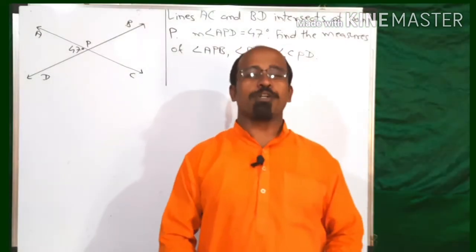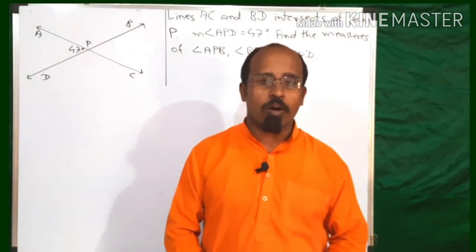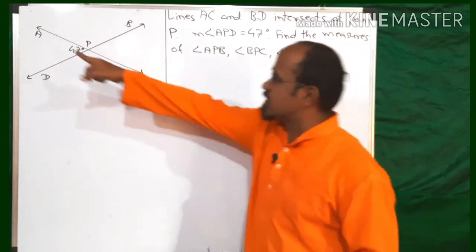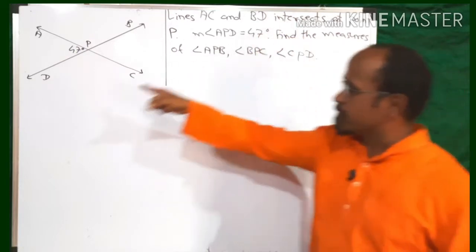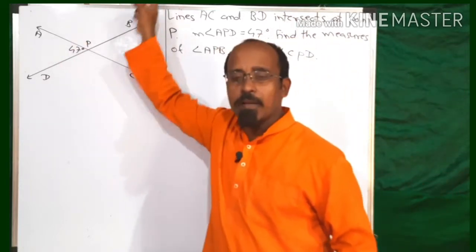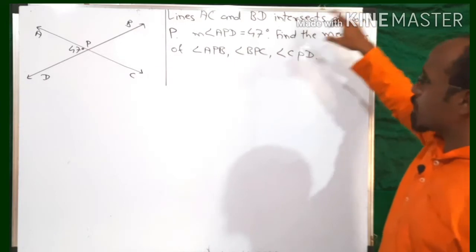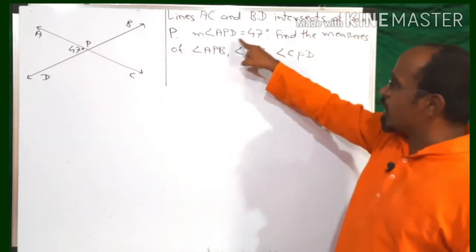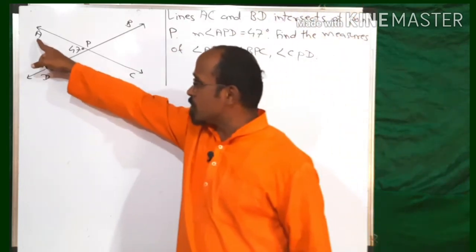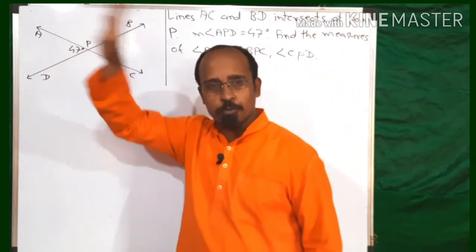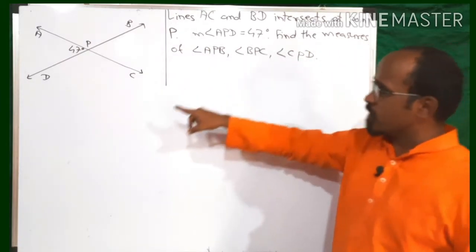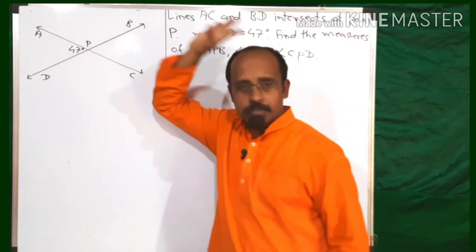Welcome to mathematics. Friends, in this video, we are going to solve question number 1 of practice set 20. Let's go. The question is: lines AC and BD intersect at point P. Clear? The measure of angle APD is equal to 47 degrees. Find the measures of angle APB first,